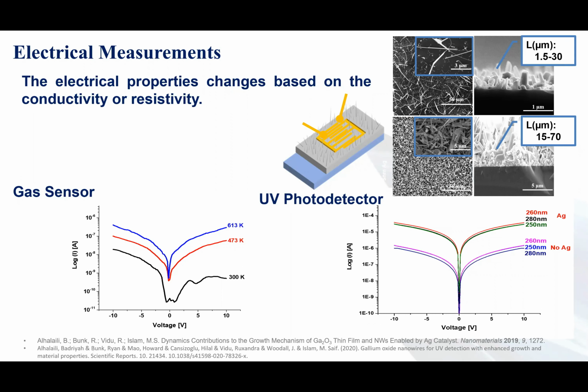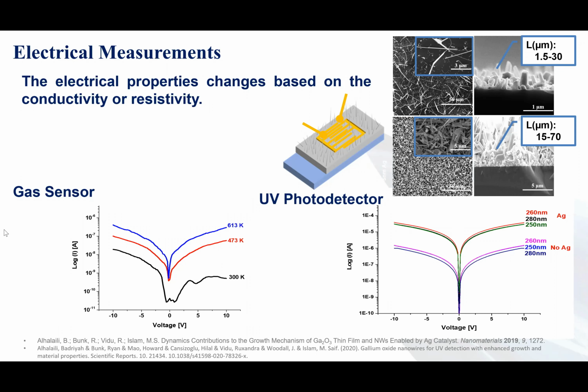Temperature has an important influence on the sensor resistance. As this temperature increases, the resistance of the sensor drops quickly. Due to the large surface area to volume ratio of the nanowire, and also the existence of silver nanoparticles at the surface, there will be more trapped oxygen, which makes it highly sensitive due to the existence of a high density of exposed trapped states, what we call dangling bonds at the surface. And these increase the sensitivity and the detection mechanism.